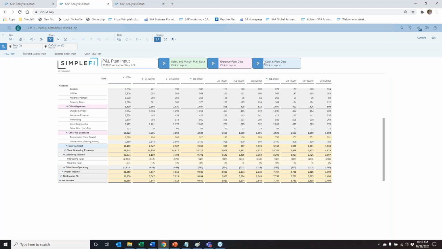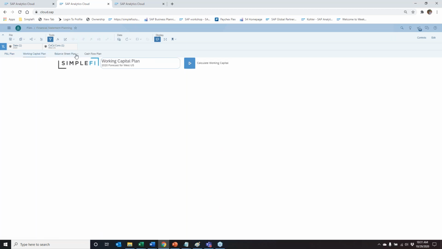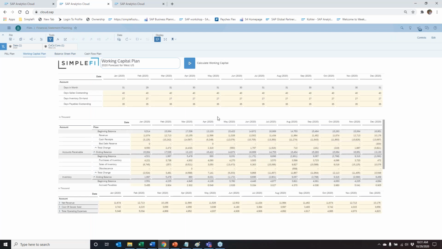So the P&L data is also going to feed into our plan for working capital in balance sheet. So I mentioned, we showed our P&L on there for our net revenue, for our COGS, and for our operating expenses. And those things are going to drive our working capital. When we take a look at some of our assumptions, we have our days and months up here. We have our DSO, our DIO, our DPO, which is going to drive our inventory, our AR, and our AP, right? So if we want to change any of these assumptions, let's